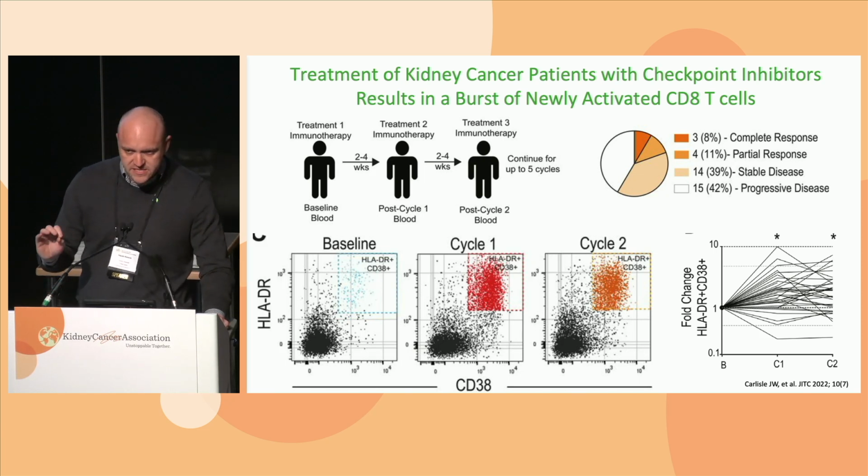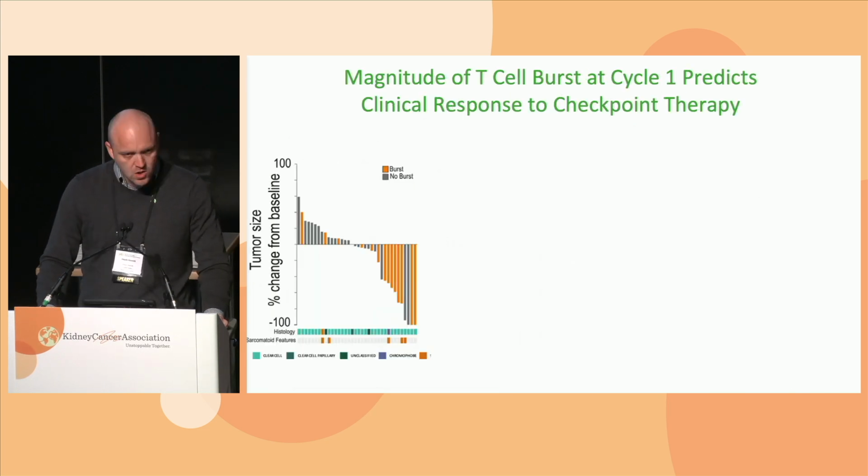It's always the first cycle though. If they didn't sort of activate on the first, we don't see many on the second, third, fourth, and it's very rare that it goes up again. It's usually biggest burst early and then sort of lower moving on. What's important though is the size of this burst on the first cycle of treatment is very good at predicting who will have a response to therapy.